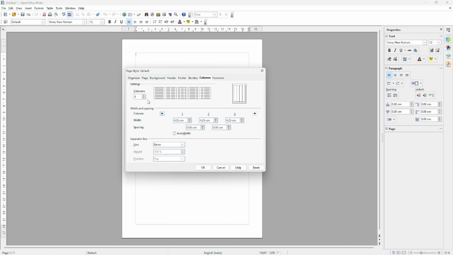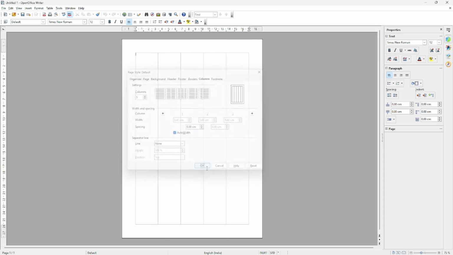Go back and front. See, when there are 3, the arrows got optimized, but when you click on 4, the arrows are visible, and then you can edit from here. Understood? You can select n numbers of columns from this, and if you click on auto width, it will give the automatic width, meaning whatever the content inside, only that much width it will occupy. Understood? This is all about columns.